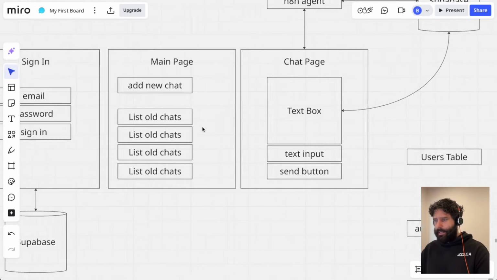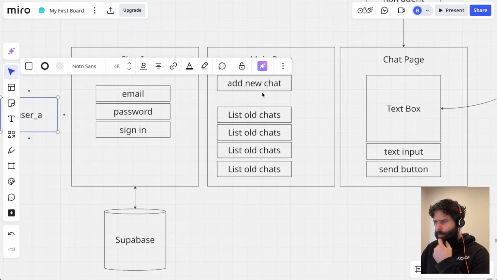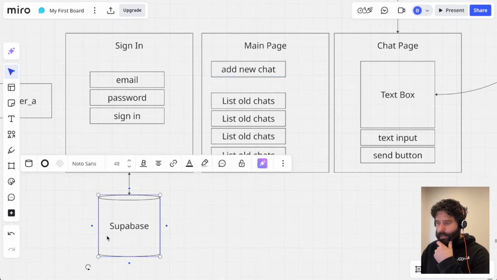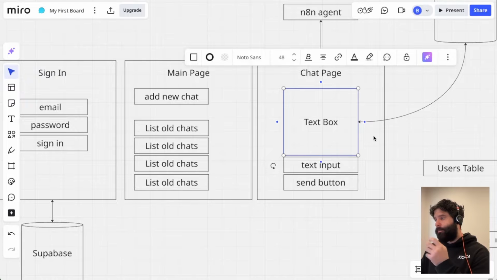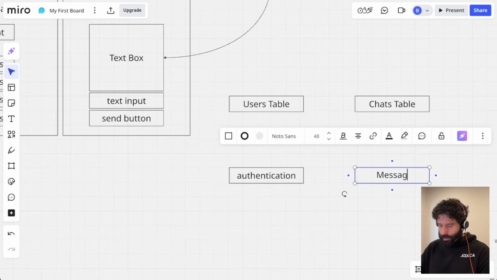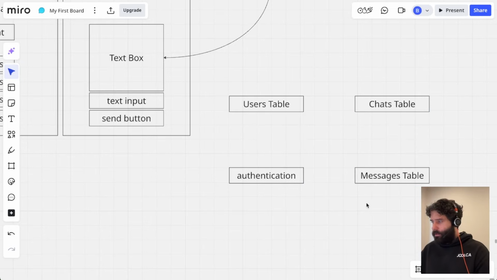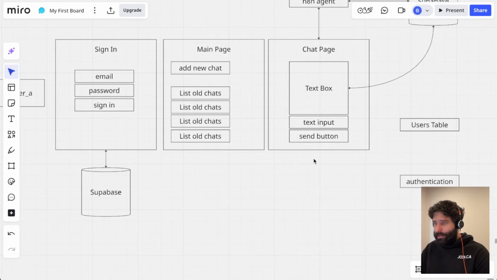And then the final thing, can you guess what it is? So we've got users, we have chats, we have the authentication here. What's another entity of information that has to be stored in this app? Messages. So the actual exchange between the human and the agent. So we have over here, messages table. So at a high level, these are the 4 different entities of information that we need to store